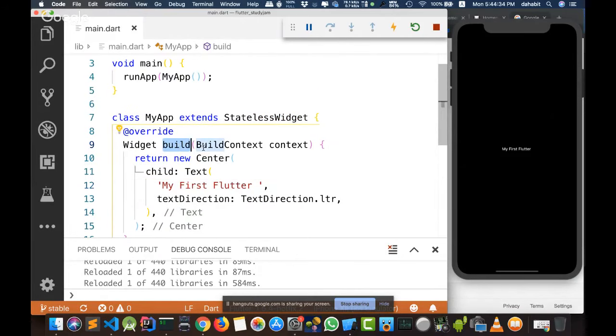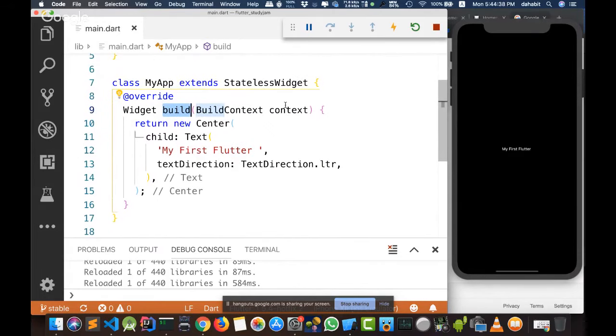And there is a default method inside every Flutter widget, even if you are using stateful or stateless. There is a build method, which is what the render object, or the rendering tree object, responsible for rendering the data on your application, will search for. And this is the default method that the engine will display everything inside.